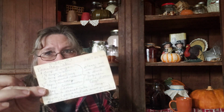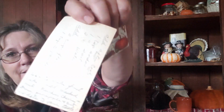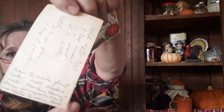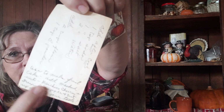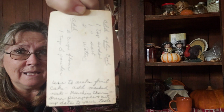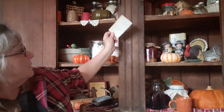But this was one very, very special recipe, all handwritten. This was the main one she used, and this was the little part that really meant a lot. It told me how she does her poor man's cake and turns it into a fruit cake. So I was pretty excited about that one. And I'm going to get a couple of plastic covers, and this one's going to probably stay up here in